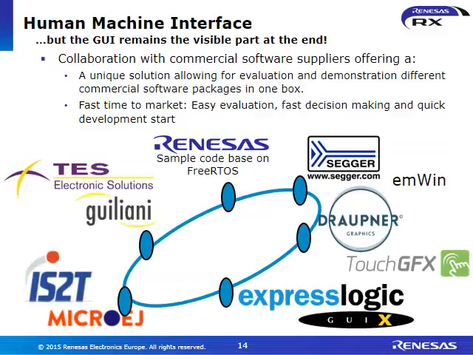And for that purpose, we have teamed up with a couple of different suppliers in that kind of GUI software domain. Very well-known third parties like TESS with the Giuliani software package, Segger with the emWin, Trautner with their TouchGFX, Express Logic with their GUIX, and IS2T with MicroEJ. So all of these third parties have developed ready-to-go packages running on the RX, making your